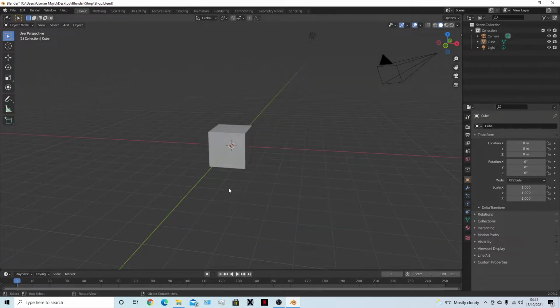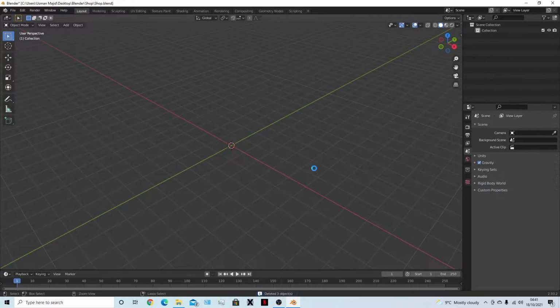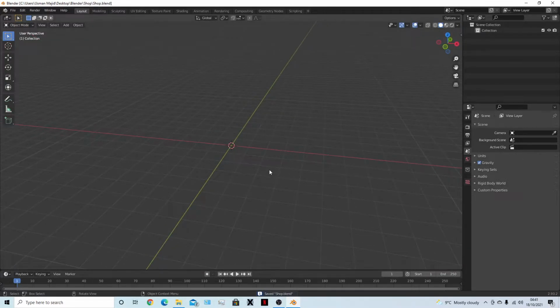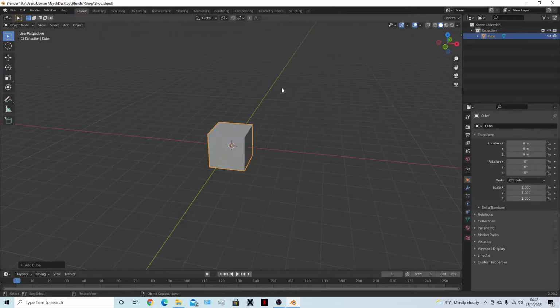So go to Blender. Let's just press A first to select everything and press delete. So now we've got a completely empty project. So press Shift A, mesh, and a cube. Now go into settings and put 0.2